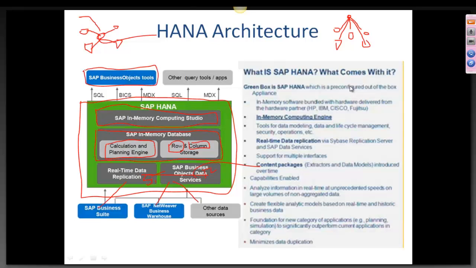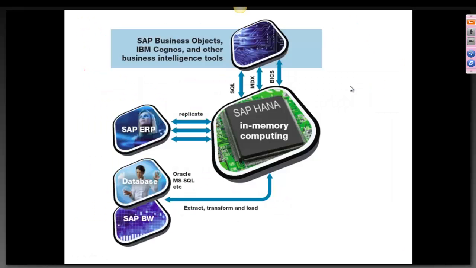Since HANA is a database, as of now our applications are going to run on top of third-party databases: Oracle, MySQL Server, DB2. Those are all traditional databases. In order to get faster reporting access, we are going to extract this data and load it into an in-memory database. HANA is just a database. In order to load the data, we are using different methods, either SLT or the ETL process,